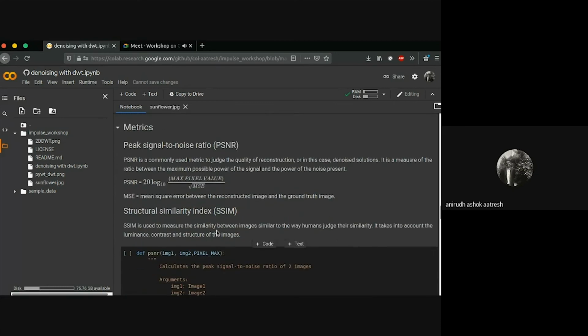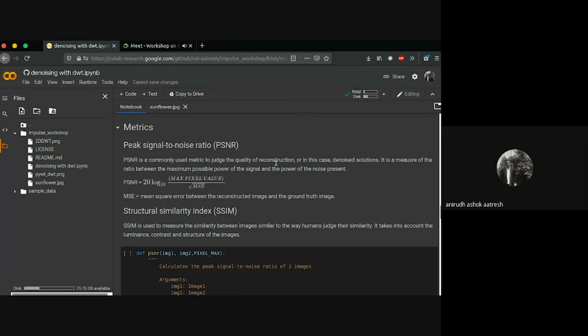Two metrics that we'll be using to compute the quality of our denoising ability. Peak signal to noise ratio is a metric that is used to measure how clean your image is and the quality of your denoising ability. That measures the maximum possible power.